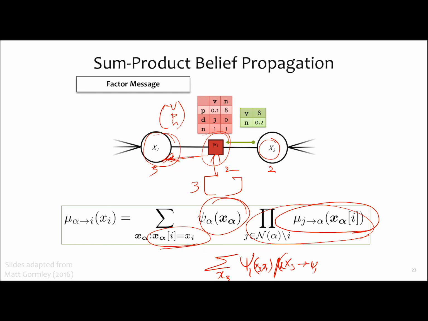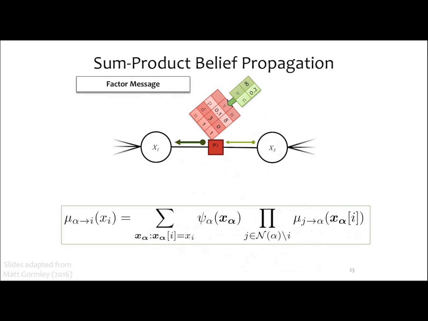So the way it works is that it's going to multiply the message that's received from x3 with its own factors, sum over, because it's going to send a message to x3, and x3 has only 3 states. So it's going to sum over these two states and send a message to x3. So in summary,